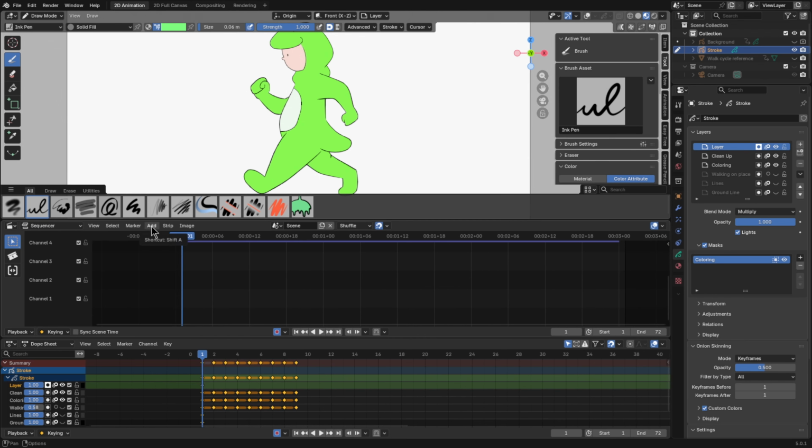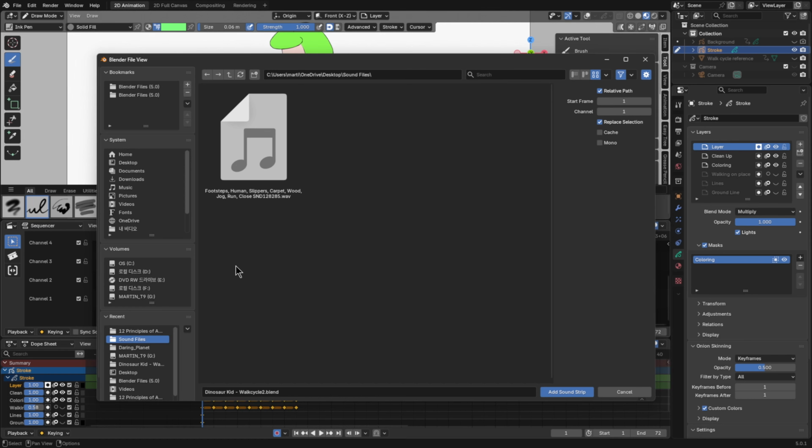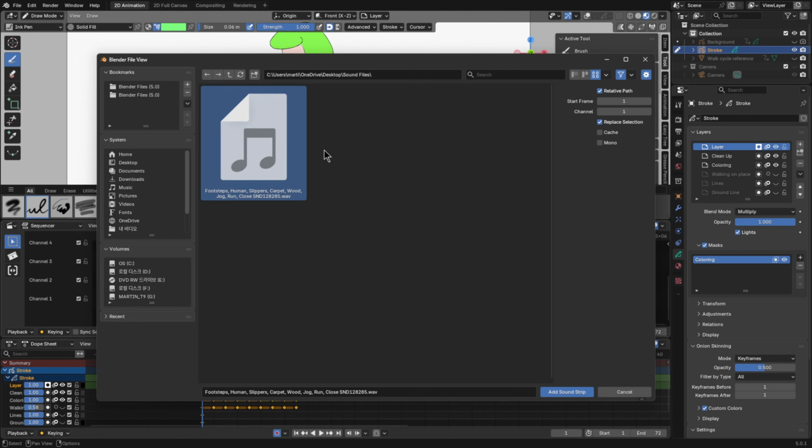Now I'm going to go to Add, Sound, and I created a custom folder where I can download my sound effects. You can download sound effects from Pixabay or freesound.org or any other websites you can find. This is a footstep sound effect. I'm going to add a sound strip,